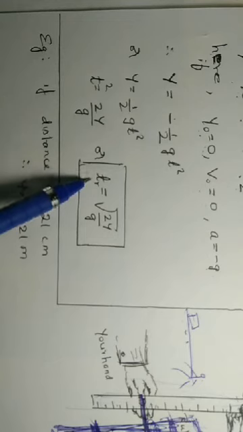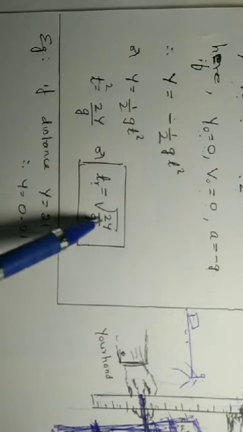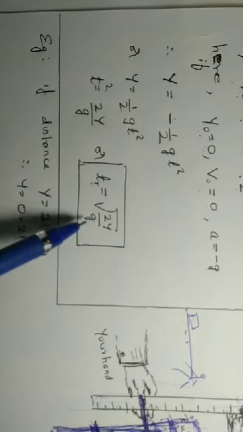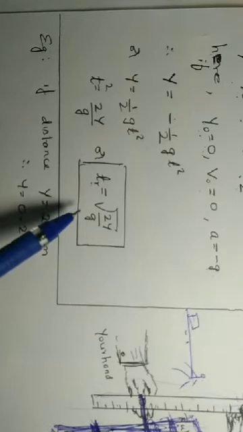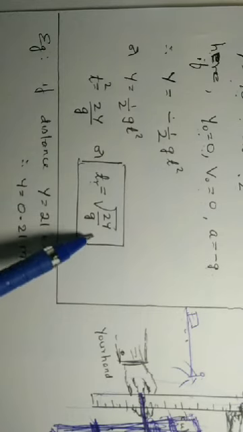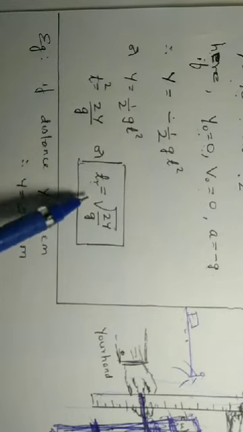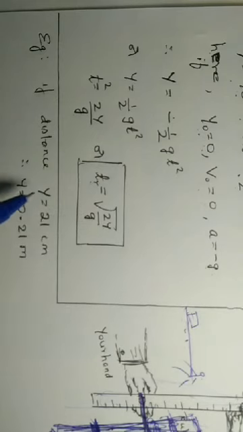I have written TR. What is TR? TR represents reaction time. So what is the equation for reaction time? TR equal to under root 2y by g. If you come across any numerical problem to find the reaction time, you have to use this equation. Y means the distance it has moved.